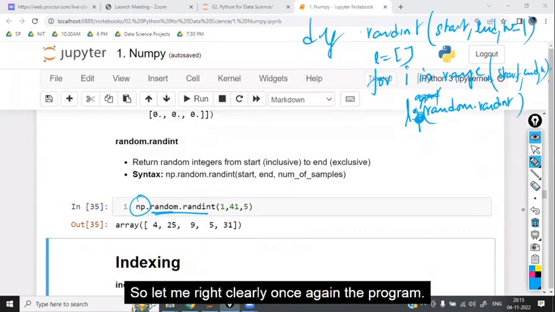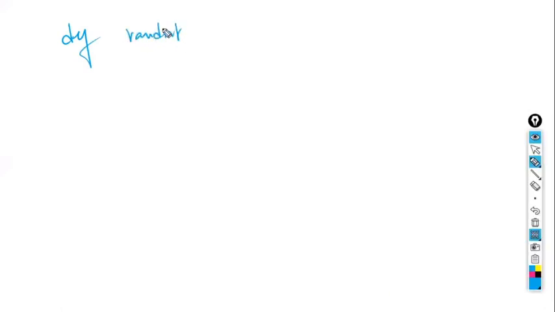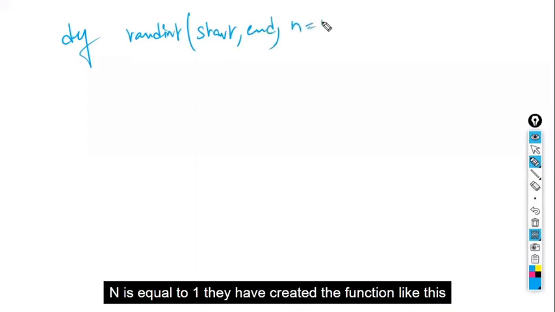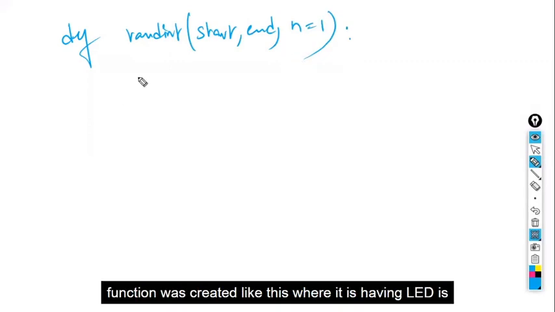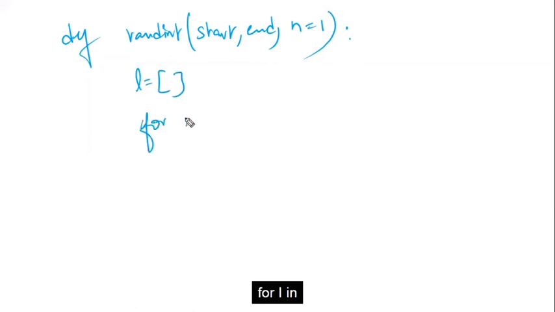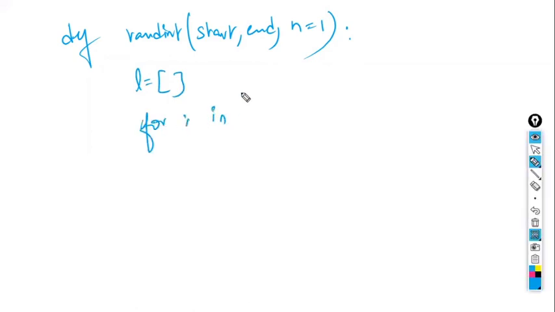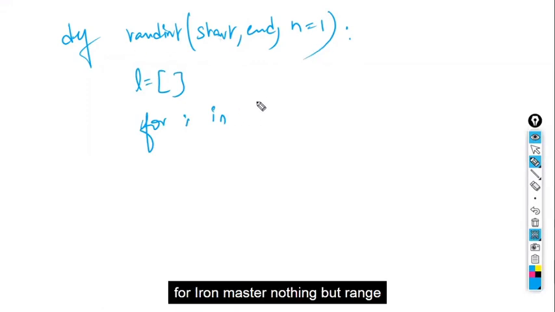So let me write the program clearly once again. def randint(start, end, n=1). They have created the function like this within the NumPy module, where it has L is equal to an empty list, for i in whatever is given with respect to randint. Okay, for i in range of n,